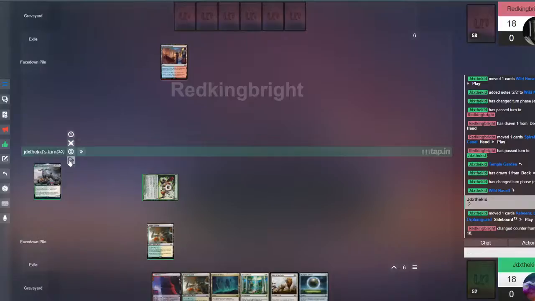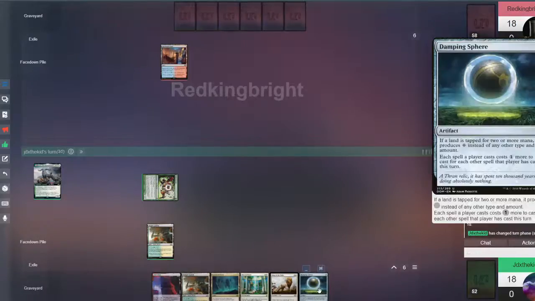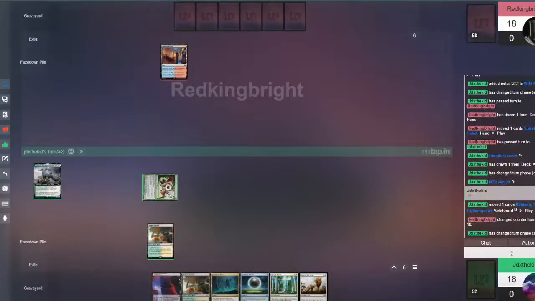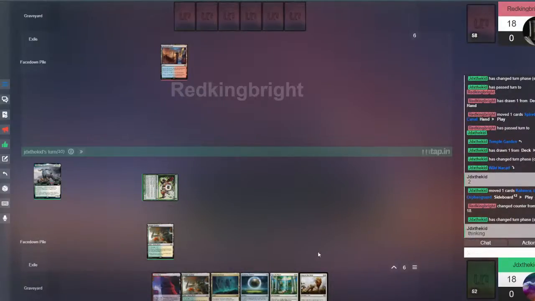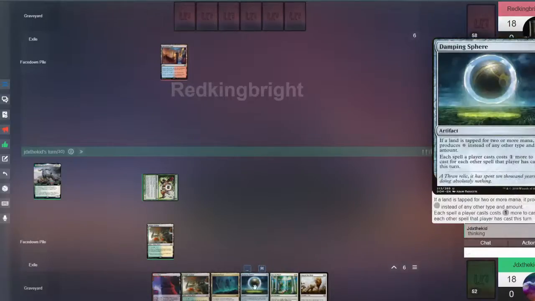And then main phase 2. So here's where I'm thinking if Damping Sphere is more important or if Rest in Peace is more important. He can counter Rest in Peace though. So...